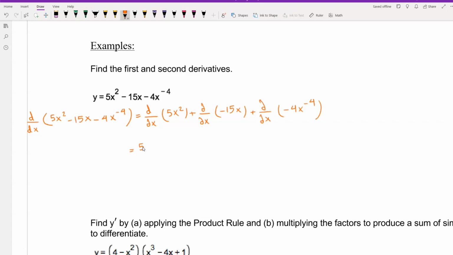So writing this constant first, so 5 times derivative of x squared, minus, now here our constant, we have negative 15 derivative, here we have x, then on this part we have negative 4, that is our constant,